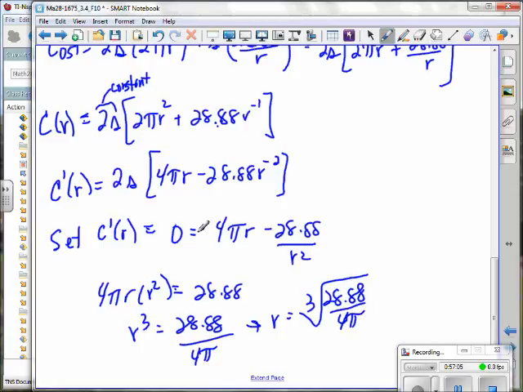And I'll just go through this again. I'm assuming that 2 times s is not going to be 0. If it does, then you've got kind of a stupid problem here with the cost per square inch being 0. So it has to be this. If that's the case, then I'm going to set these equal to each other and multiply both sides of that equation by r squared, and then divide both sides by 4 pi. So I end up with r cubed is 28.88 divided by 4 pi. Take the cube root of that,